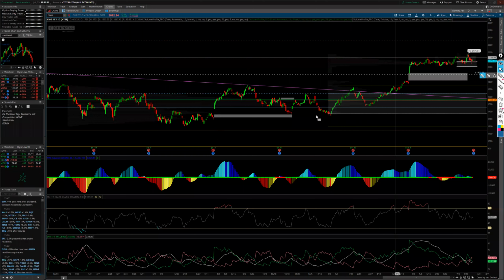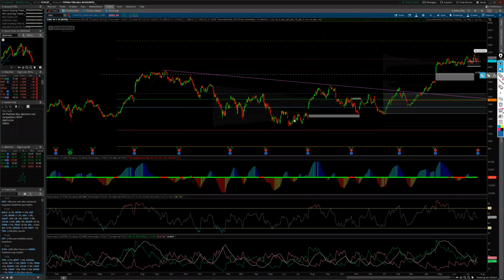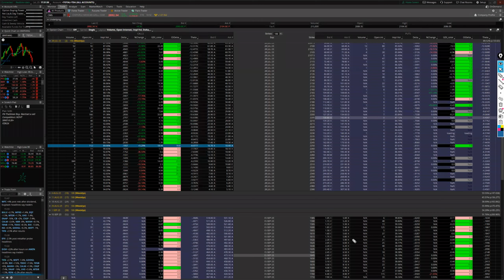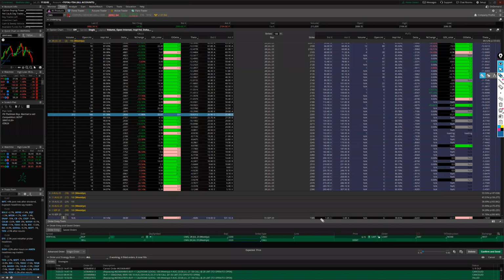Okay, let's think. You want to do 2200, 2220, a $20 wide call debit spread, and you are paying $6.15. But a $50 wide butterfly, which is close to the expected move, exactly at the expected move, you were paying $5. And a debit spread, just buying a 2200 call, you are spending $2,800.